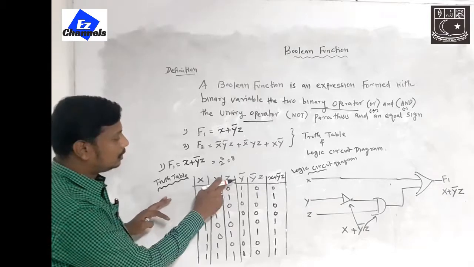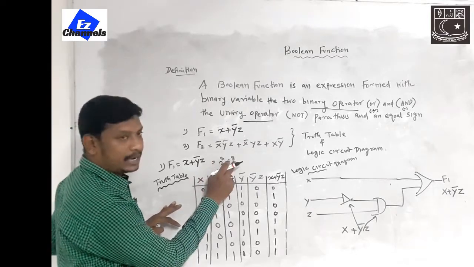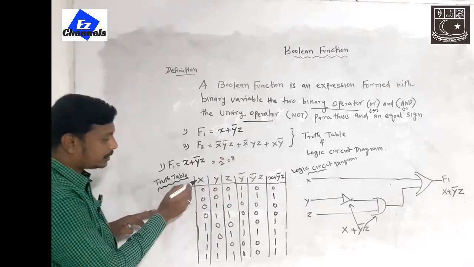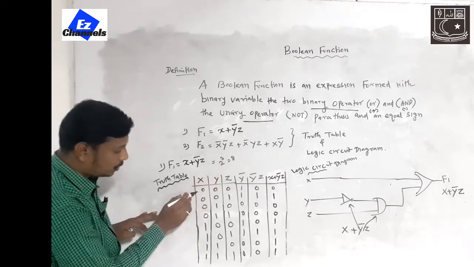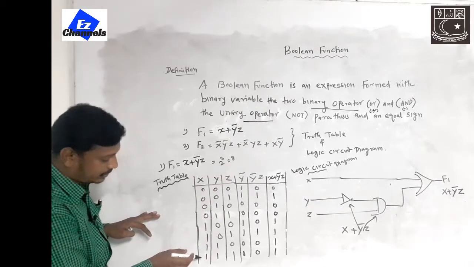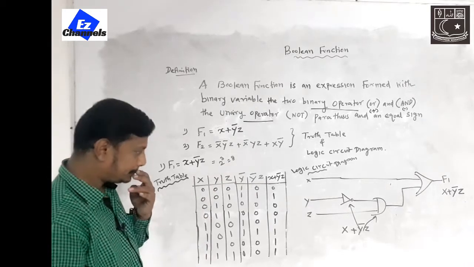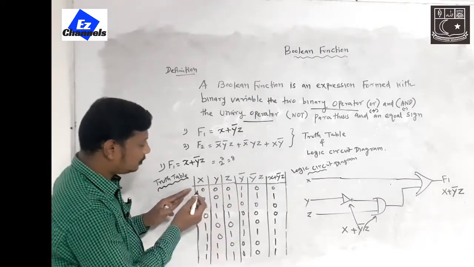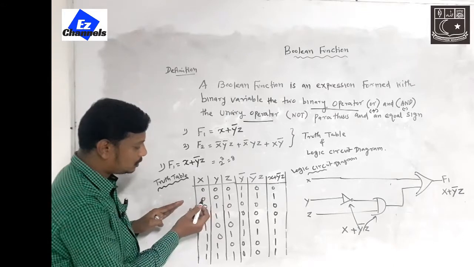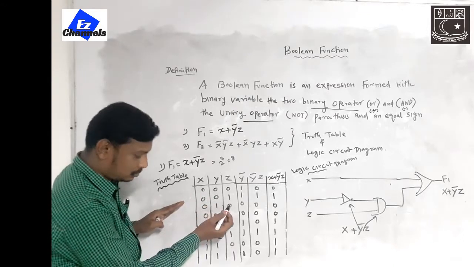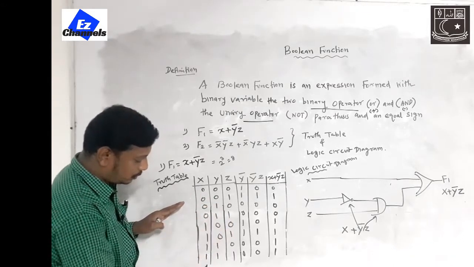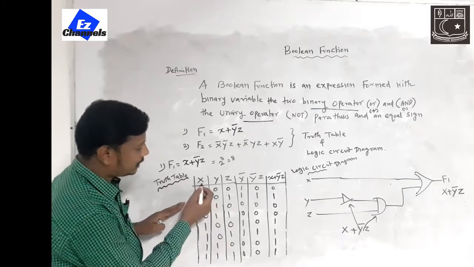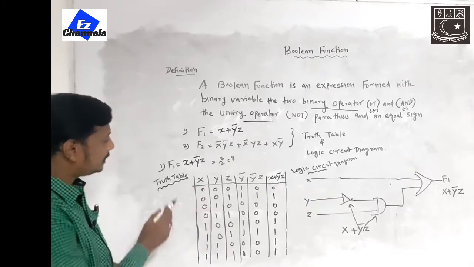With 3 variables, 2 to the power of 3 means 8 values you can insert in the table, rows 1 to 8. First draw the truth table with 3 columns x, y, z, for example 0 0 0, 0 0 1, 0 1 0, again 0 1 1, and so on until you complete the 8 rows.